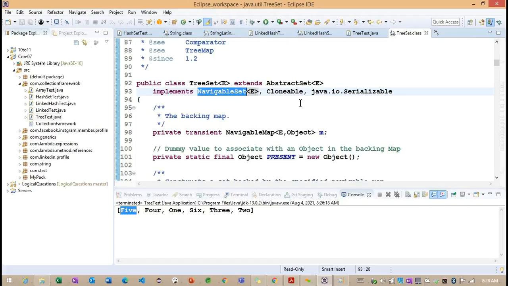After this, we'll move to another section called map. Once the collection is completed, we'll go for the map related concepts. So this is our collection agenda. We'll try to close the collection related examples by the end of this week.